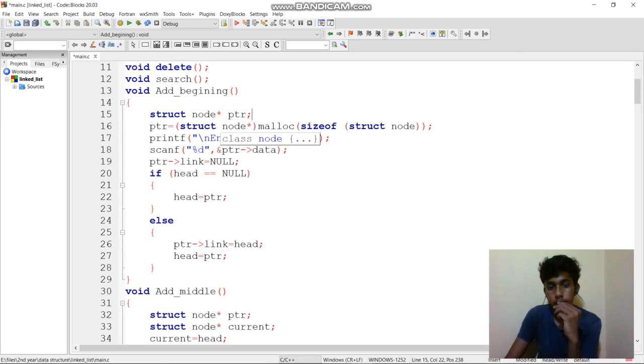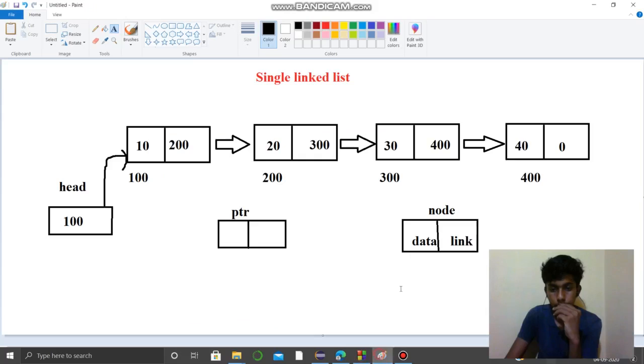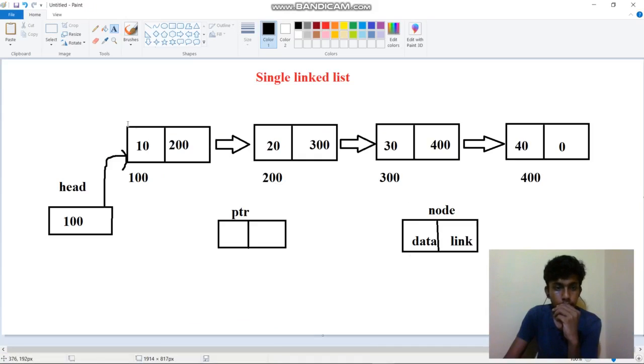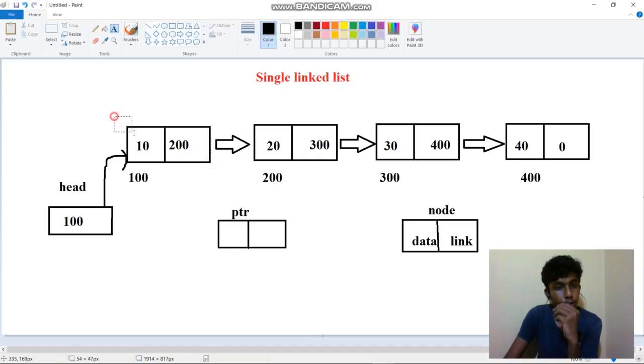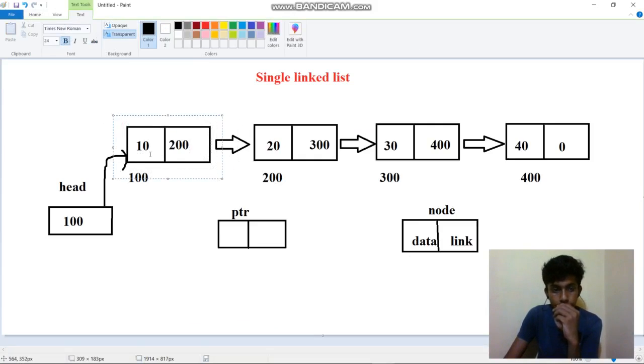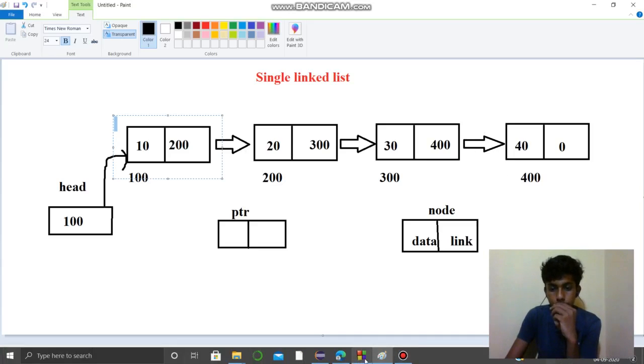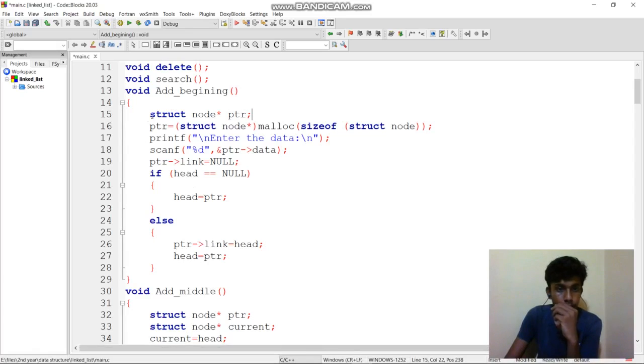Here, first we need to insert an element, which means we first need to create a node, and after creating the node we need to insert the data and a link part for another node. Only then can we link these elements. So first, for creating a node, I create a struct node.